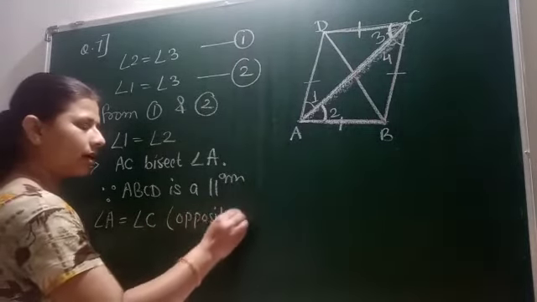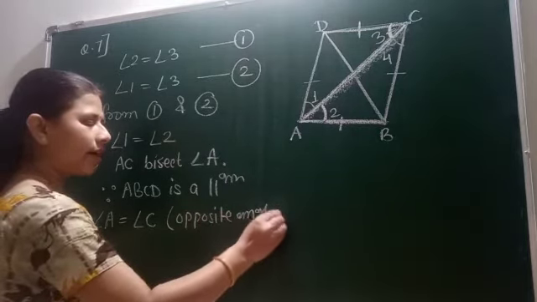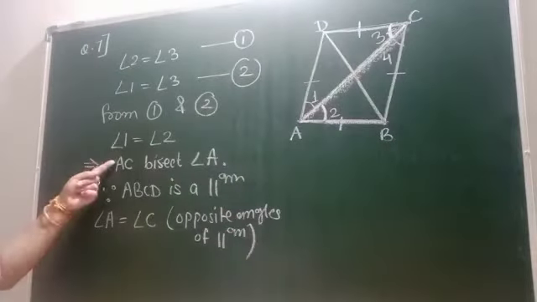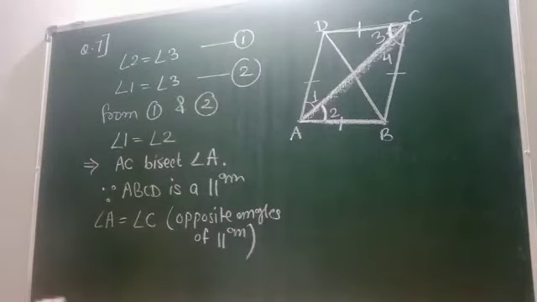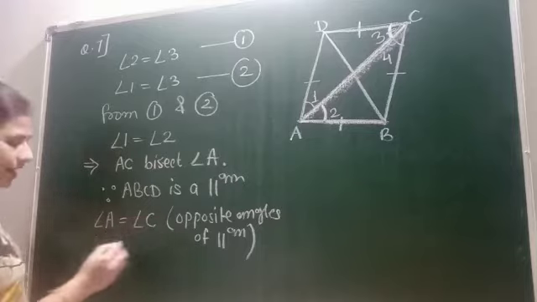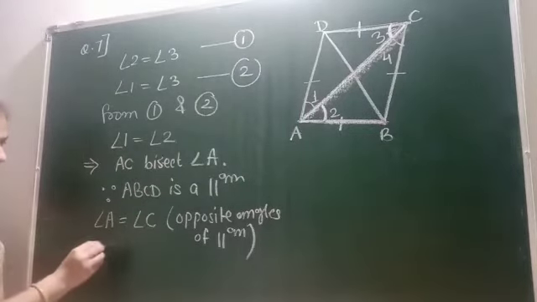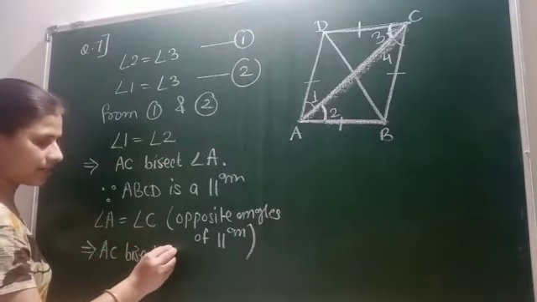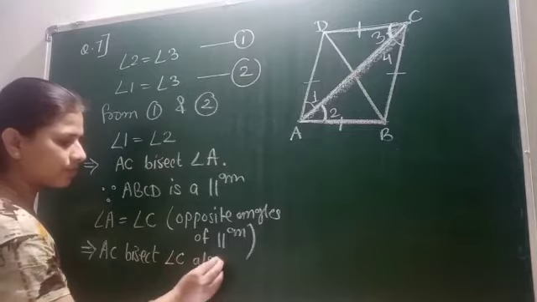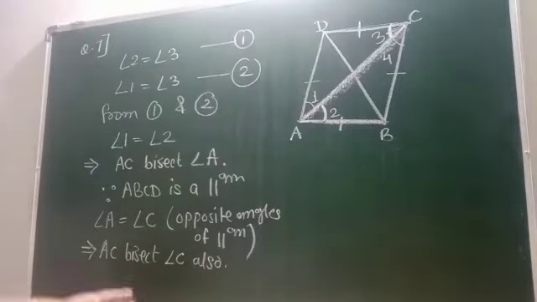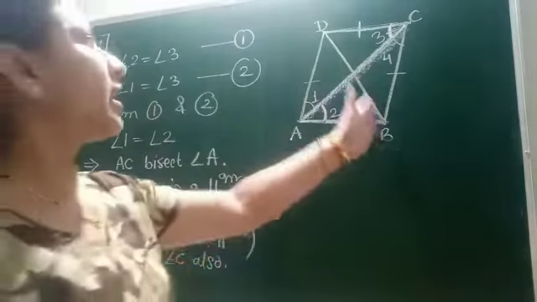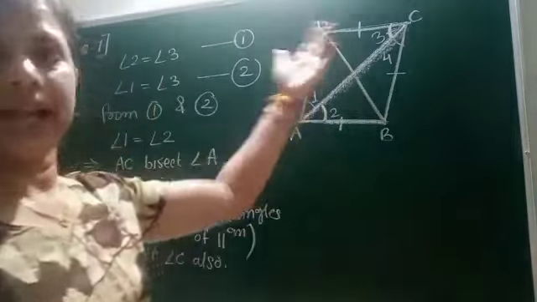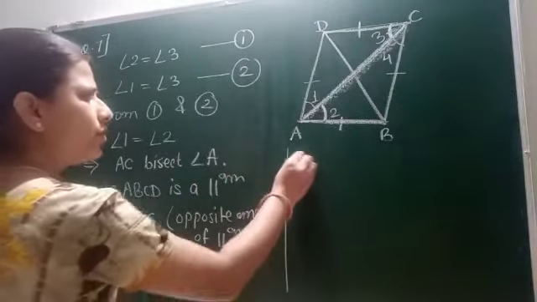Reason: opposite angles of a parallelogram. Since AC is bisecting angle A, AC will bisect angle C also. So this implies that AC bisects angle C also. Okay, student. Similarly, we can prove this diagonal BD bisects angle B as well as angle D. So no need to prove, we will just write